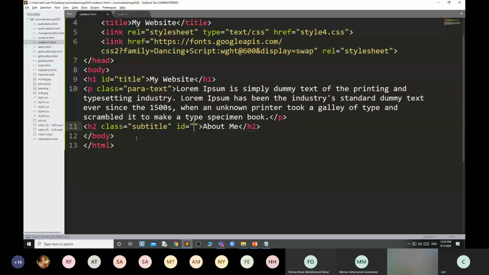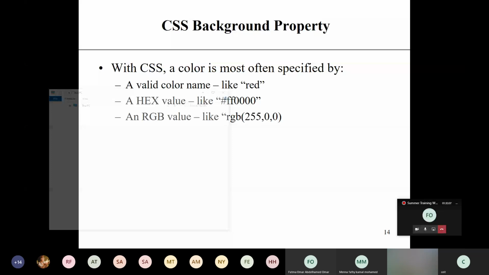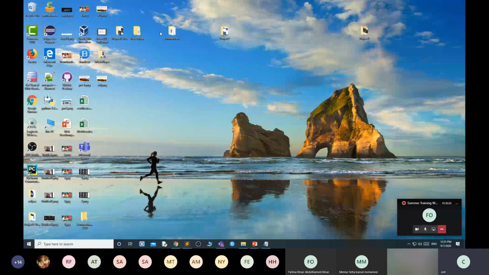Okay, after this, I need two images. I just copy that image for time saving. Paste it.